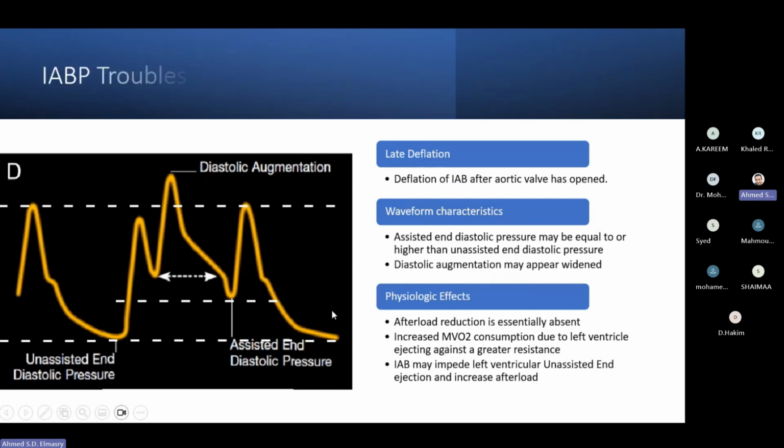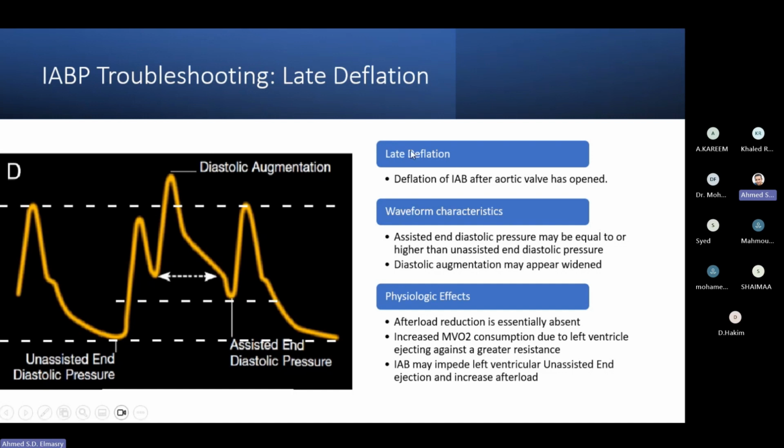The last timing error is the late deflation. What is the meaning of late deflation? The intra-aortic balloon ideally should start the inflation, start the augmentation, then the inflation should continue through the diastolic time, and the deflation should end at the beginning of, or before the beginning of, the systole. So what will happen if the deflation of the intra-aortic balloon